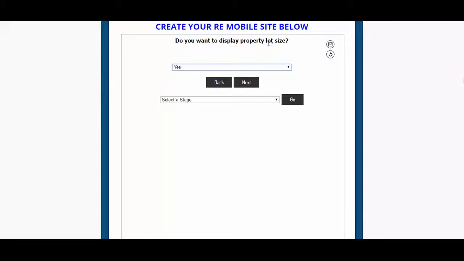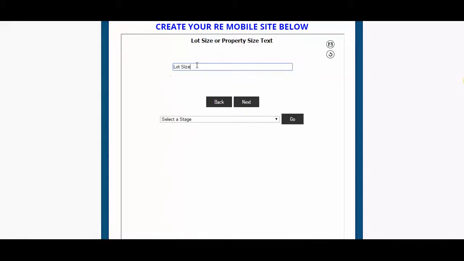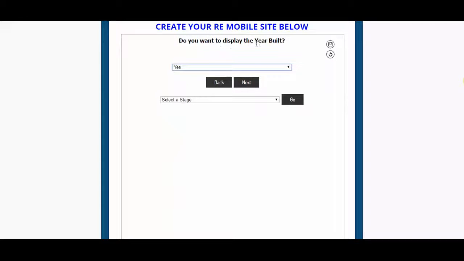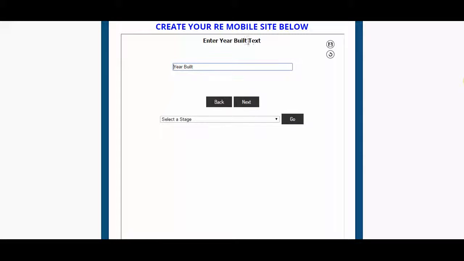Do you want to display property lot size? We'll put yes. And then we want to use the text we're going to use for lot size. Enter property lot size. So we're going to put that in square feet. Do you want to display the year built? I'm going to put yes. Enter your year built text. You can say year built, or however you want to display that. We're going to put 1990